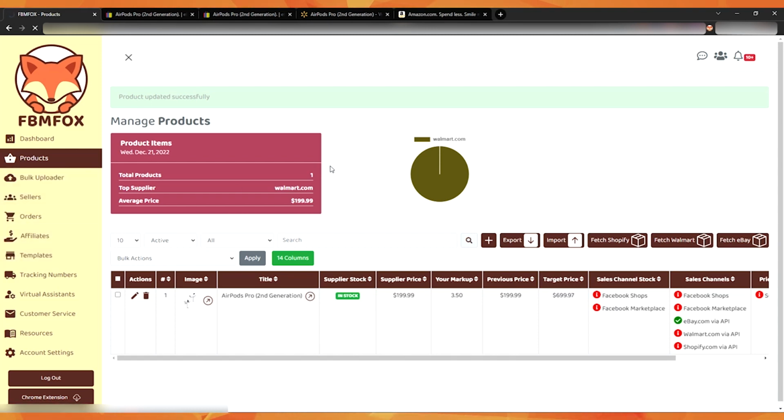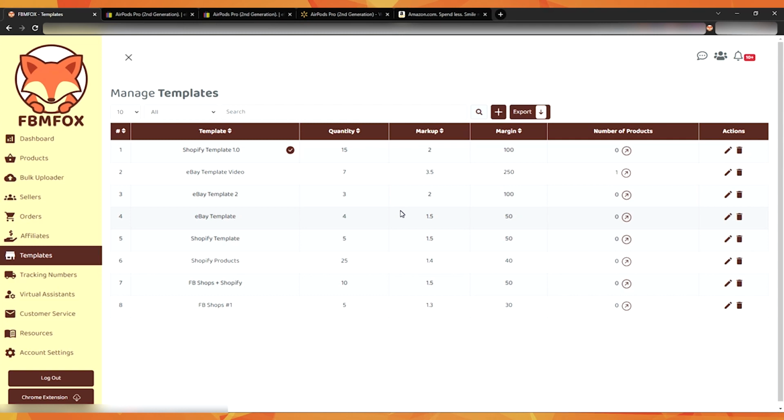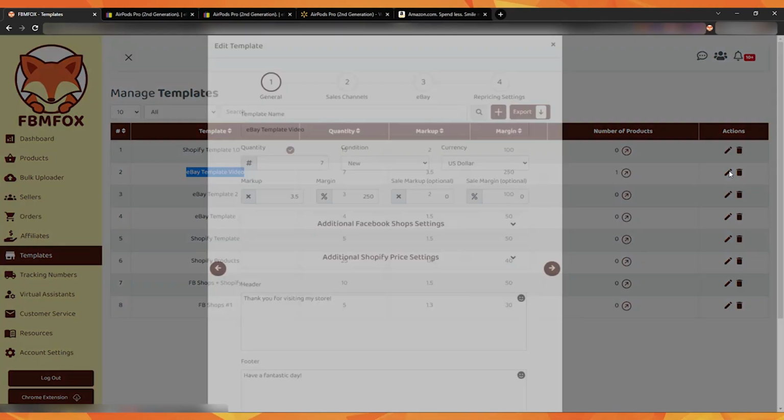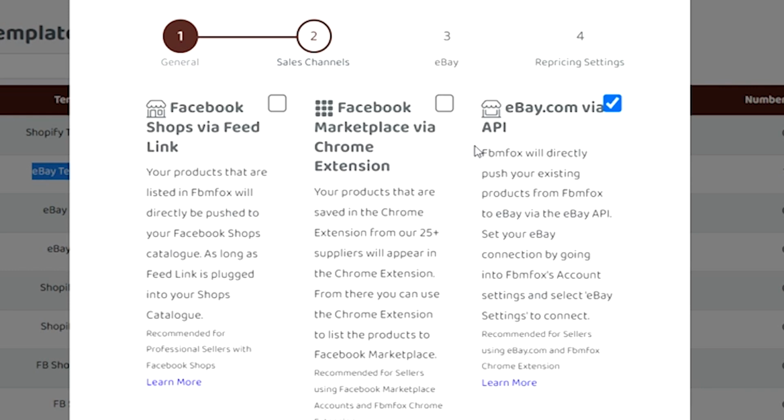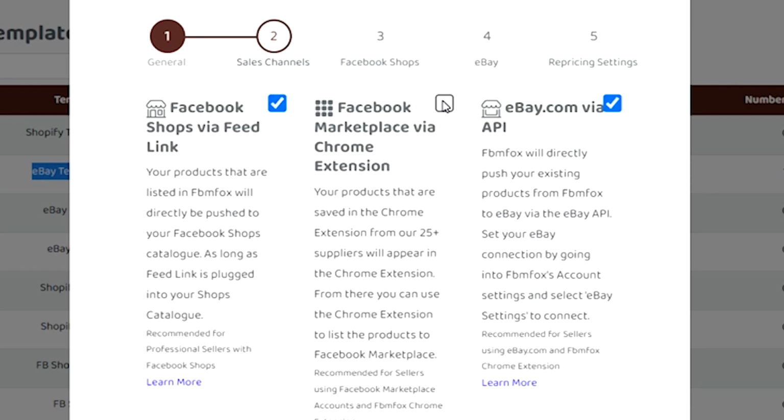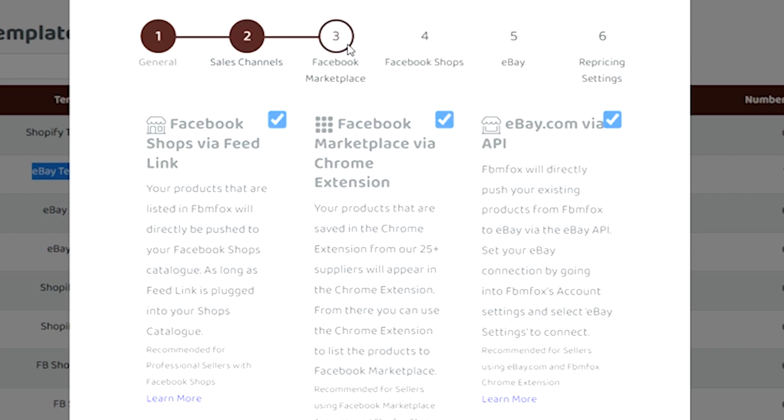Now, you can also go ahead and do like cross templates, right? So here I have Facebook Shops plus Shopify. Here I have a Shopify template. I can also create a Facebook Shops and eBay template, right? So if I go into the eBay template video, the one that I just created, I can click on edit and then go into sales channels and then click on Facebook Shops via feed link and Facebook Marketplace, things like